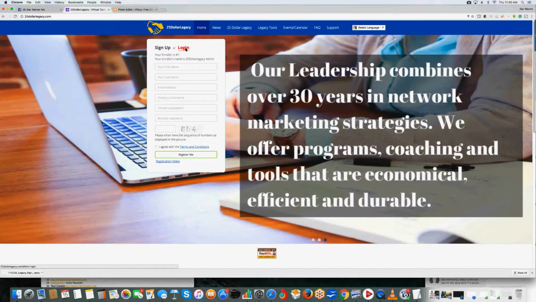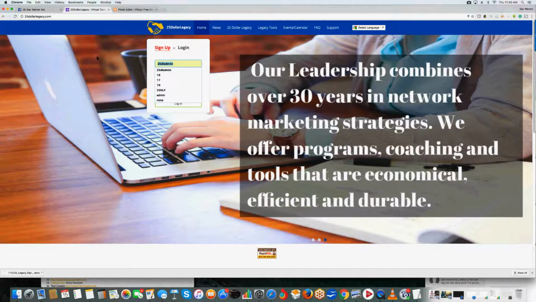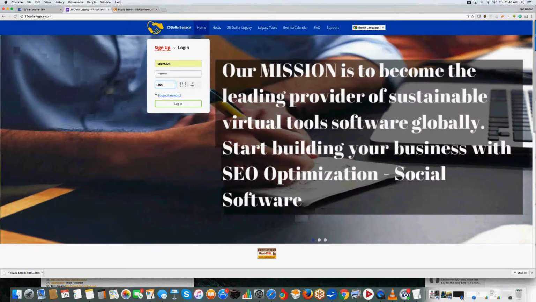I'm going to show you the other side, and as you log in, I'm going to log in as a free member for those people who always ask, "What do the free members get?" So I'm going to show you guys real quick, and I'm going to work from the free member side to show you exactly what we have and what you should be talking to with your people.